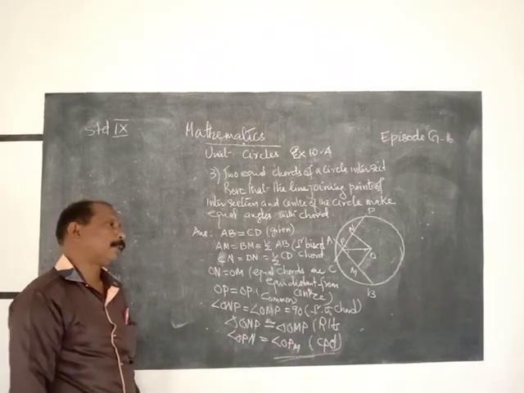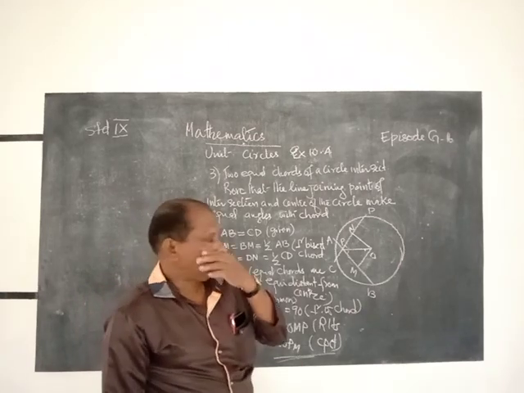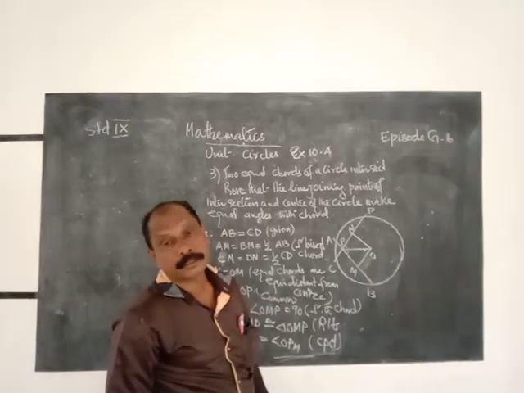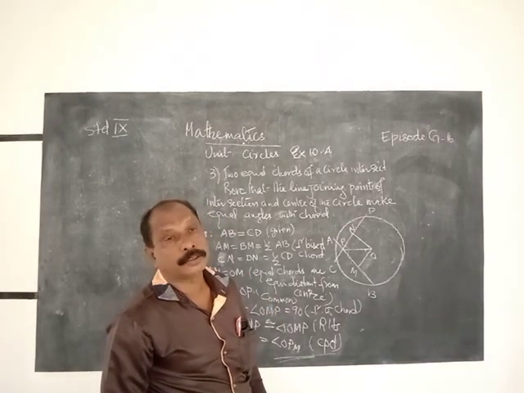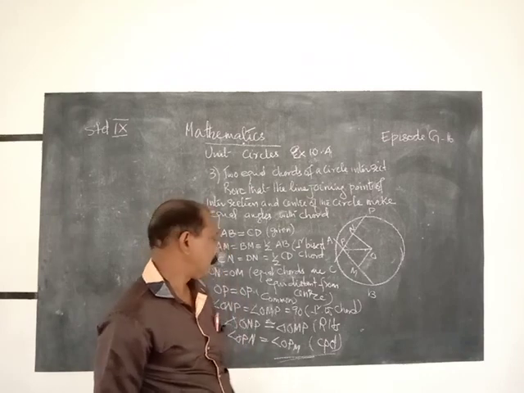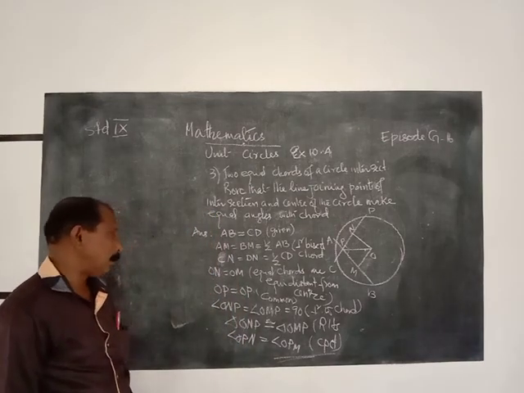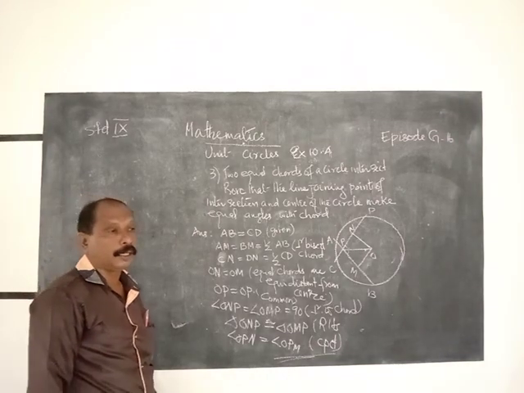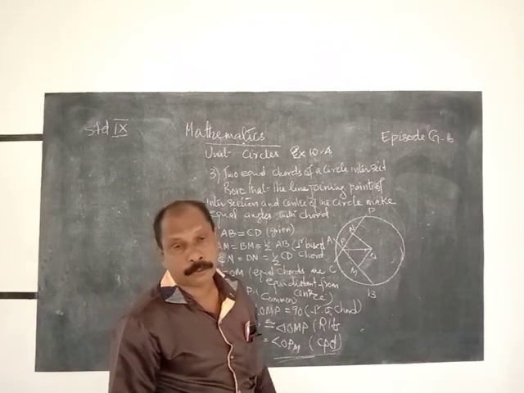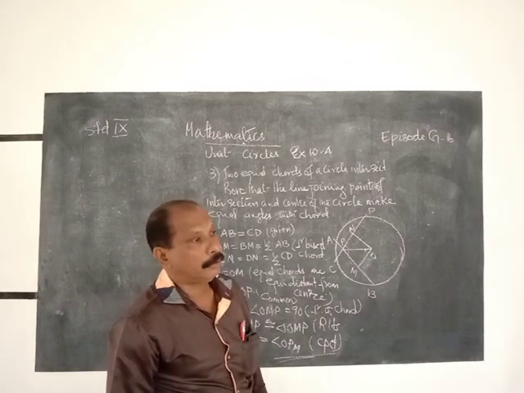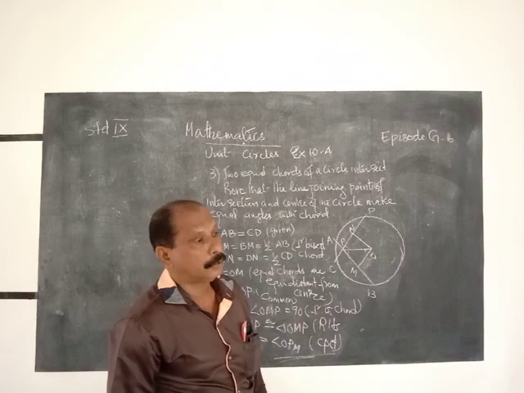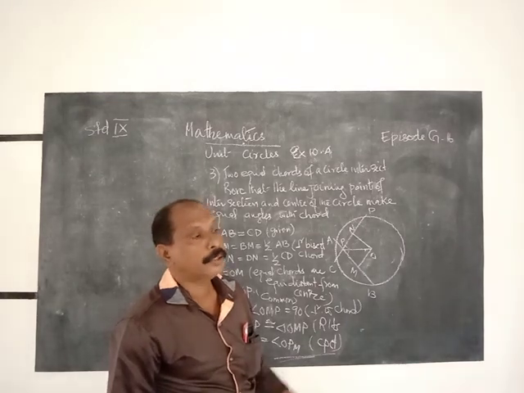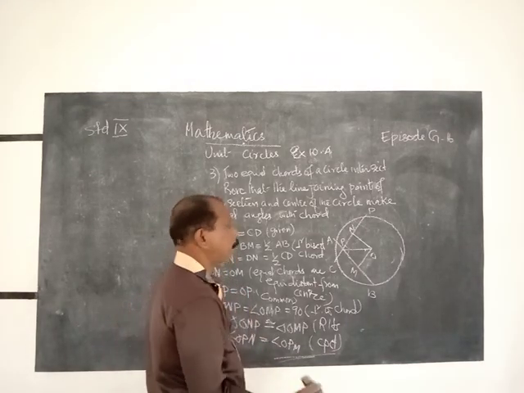We know that a perpendicular line through the center of a circle intersecting the chord makes an angle of 90 degrees with the chord. That means it is perpendicular. Therefore, angle OMP is equal to angle ONP is equal to 90 degrees. That is perpendicular to the chord. Therefore, triangle OMP is congruent to triangle ONP, that is the RHS theorem of congruency. Therefore, angle OPM is equal to angle OPN. Therefore, that is the answer to that problem. Clear?